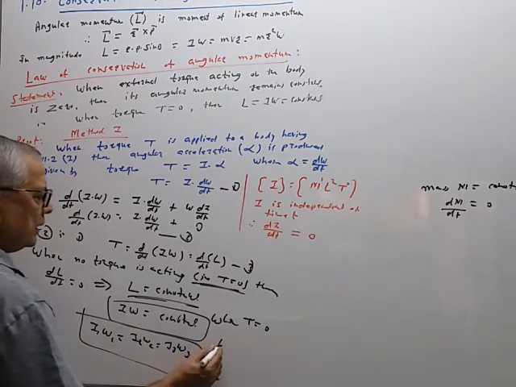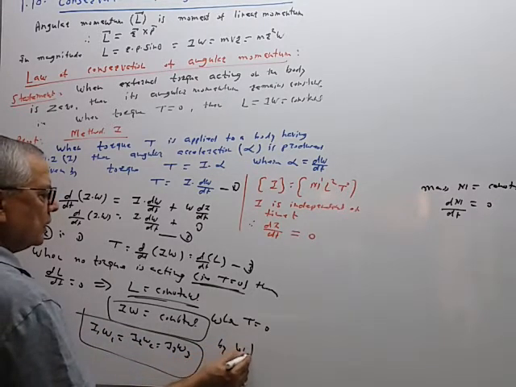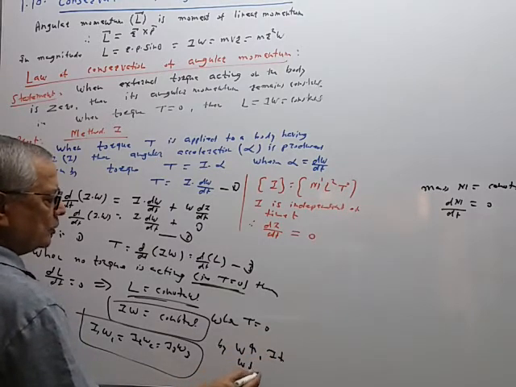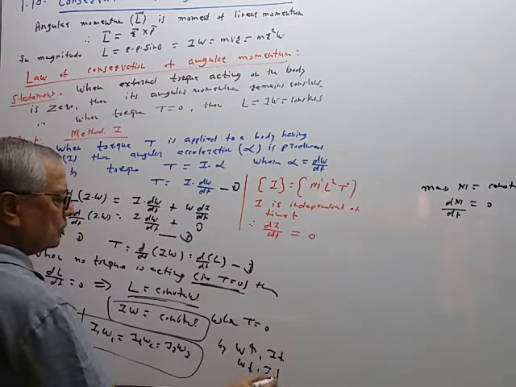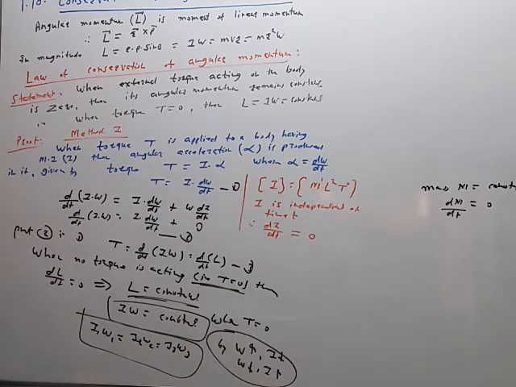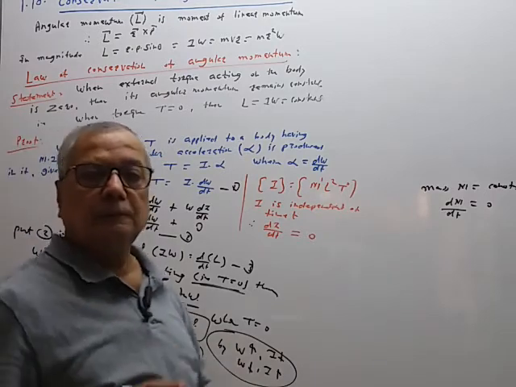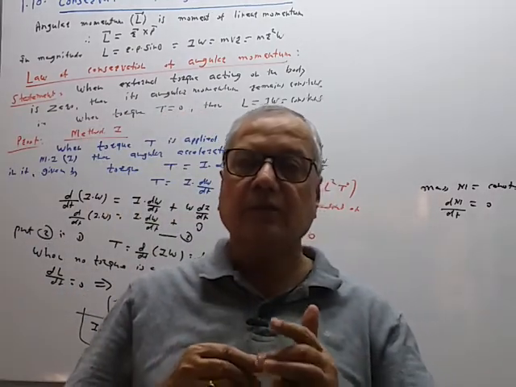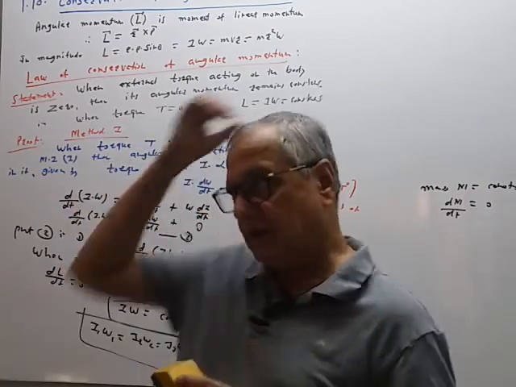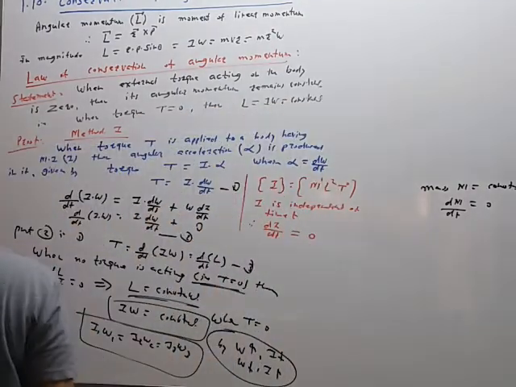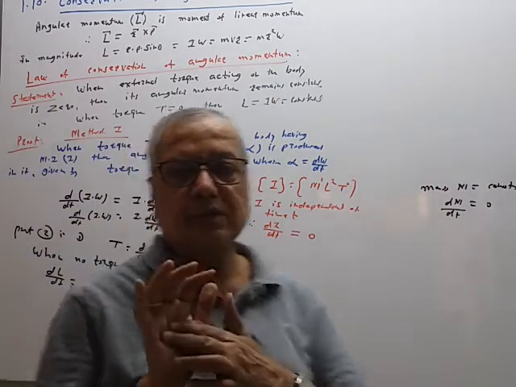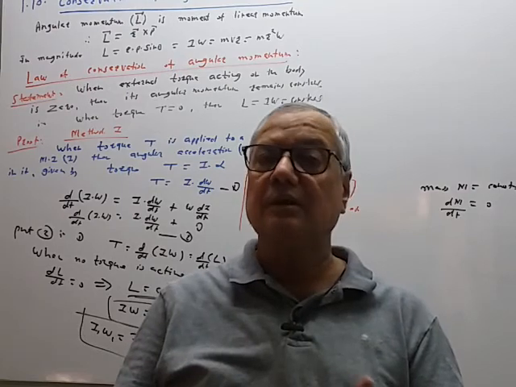So by increasing omega, we can decrease the moment of inertia, or by decreasing omega, we can increase the moment of inertia. If we are to change the angular speed of the body in rotational motion or in circular motion, then we have to change the moment of inertia of the body. And moment of inertia of the body can be changed by various methods.